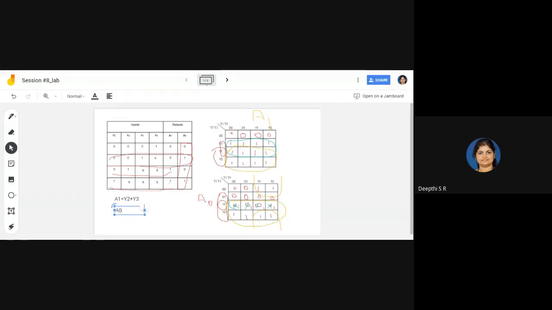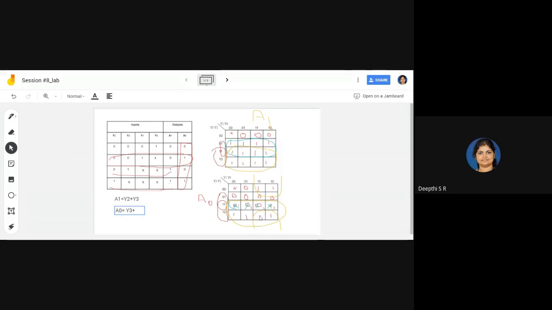So now can you tell what is the expression for A0? So you have one set here, which is nothing but y3, plus you have one set here and here.